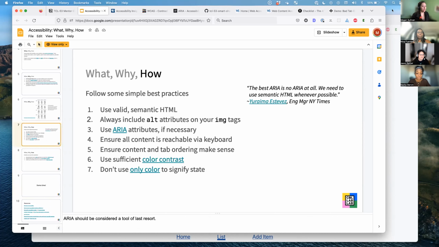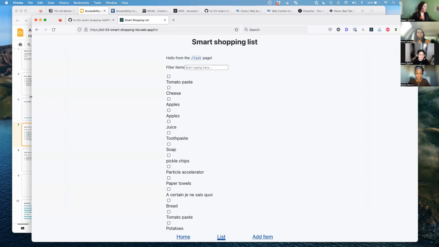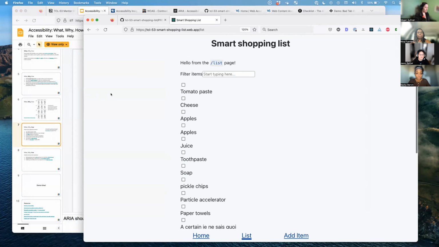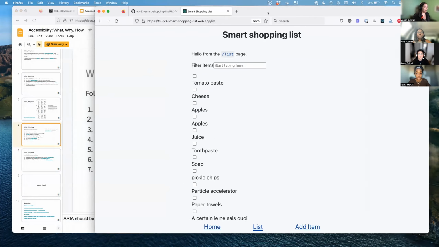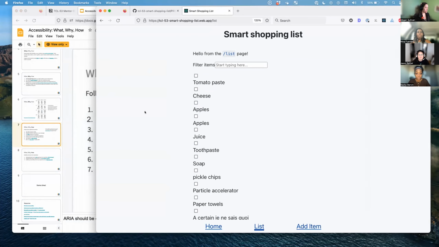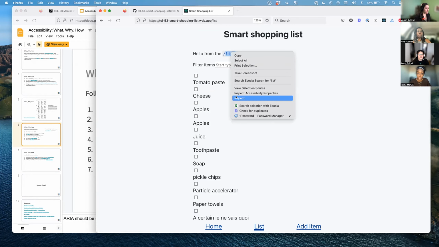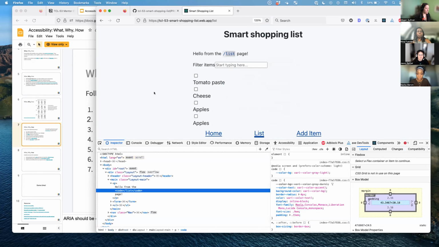Okay, so I'm going to go to our site. Let me make this a little bit bigger. I'm going to just do what I would normally do if I was going to test the accessibility of a site. So the first thing here is looking at color contrast. It doesn't look like anything here is not passing, but if we wanted to check that, so here, if I clicked on,